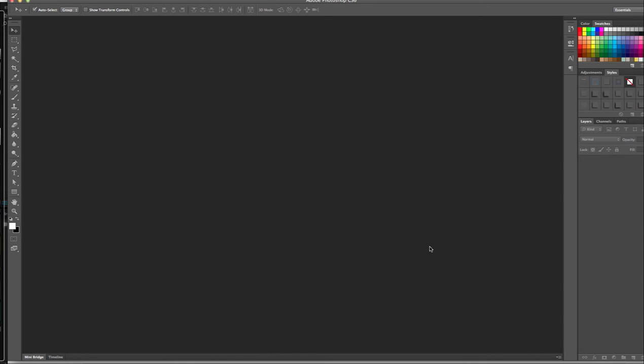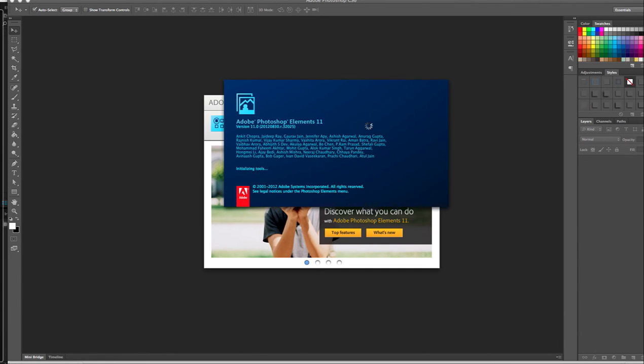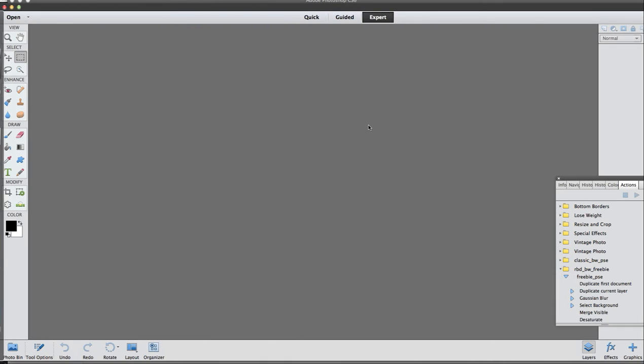Now your next option is going to be Photoshop Elements. And let me just click here. So you've got the photo editor. And this program usually runs somewhere between $60 to $100, depending on if it's an older version. I have Photoshop Elements 11. I believe they are on 13 now or beyond. So most of what I will be teaching in Elements will be from 11, and I think that will be pretty